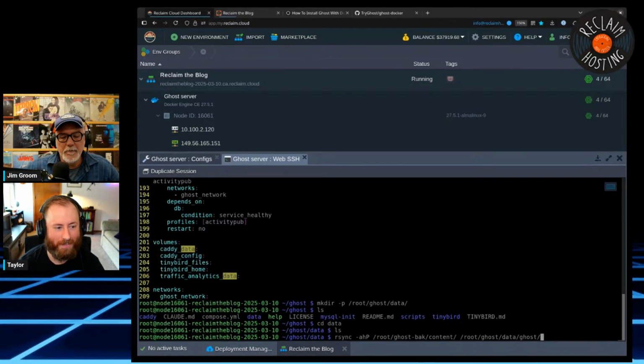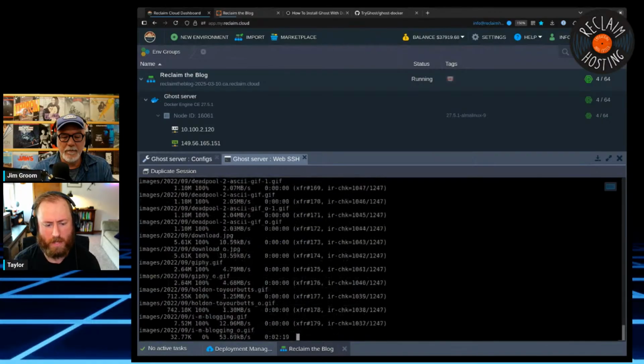Yeah. Okay. So this is a little confusing. Root is with Docker stuff and Reclaim Cloud, we're technically running as a root user in this container. So that makes sense. Ghost is the folder our Docker Compose stuff lives in. Got it. That's their Git repository. Data is the folder inside of that, and then they make a folder called Ghost. This is why I said in the future it might be nice to go with the name they had, which was, I think, Ghost Docker. Got it. Just to be a little more readable. So in the future we probably will do that.